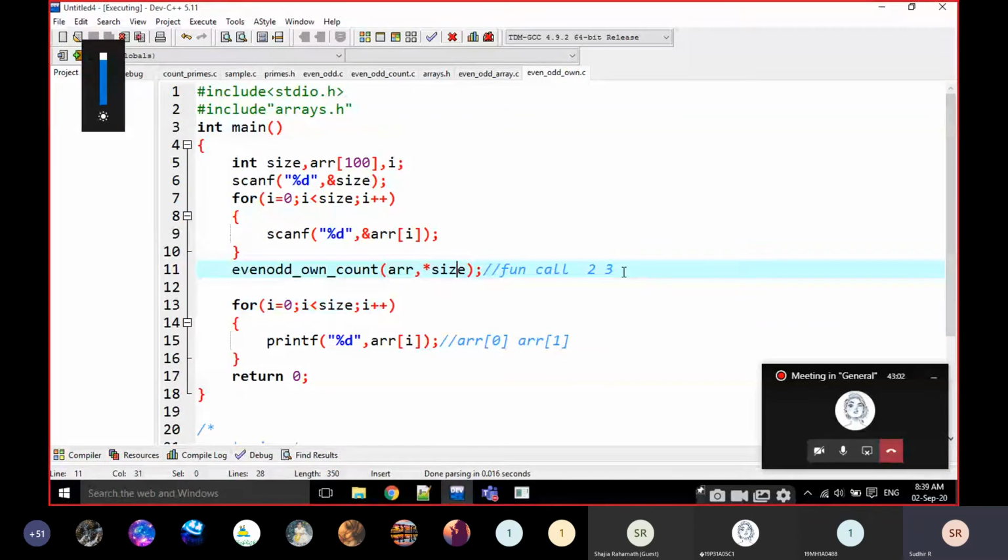Sorry, I am not writing it like this. You have to pass it as an address. I am passing two address values here. The first one is the integer array address, and the second one is the integer value address. Now I am going to develop it. Just listen carefully, everyone.